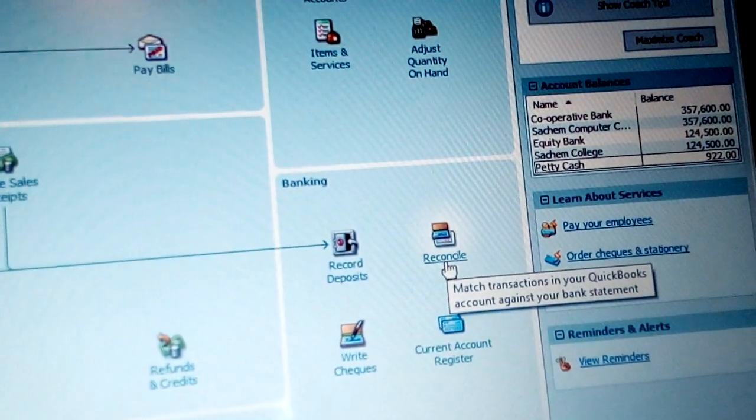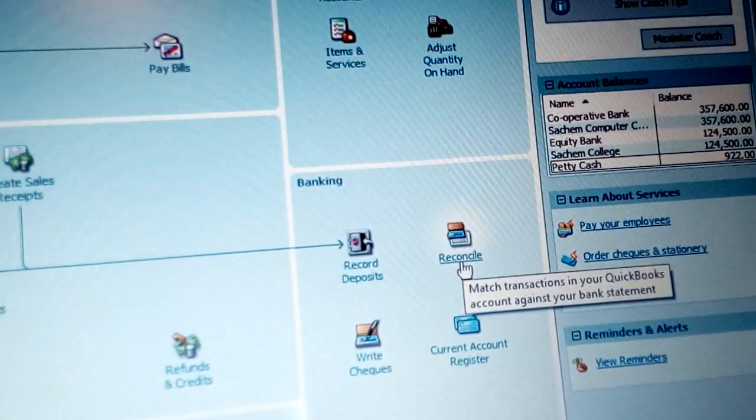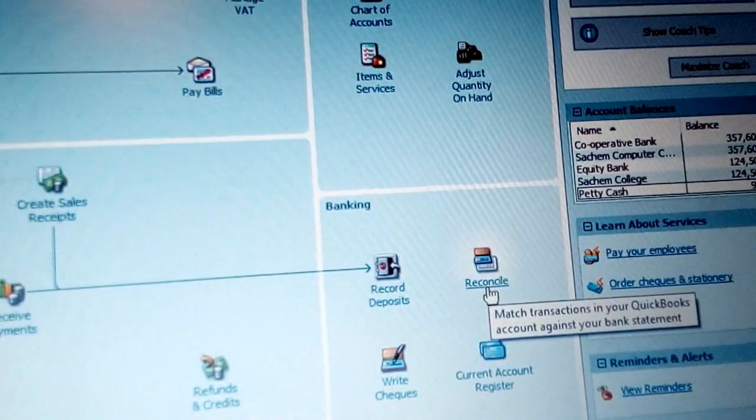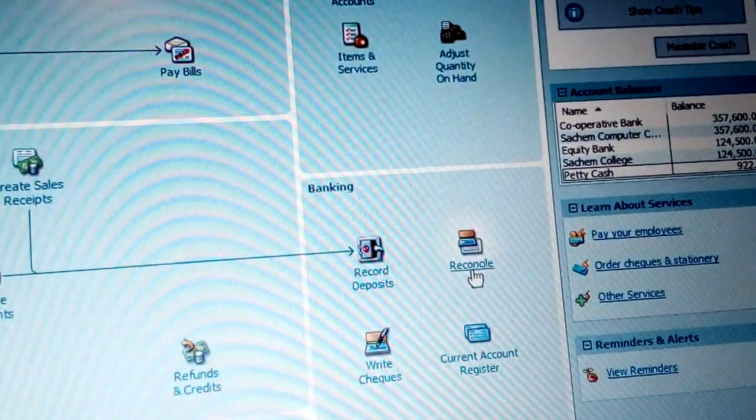That's why you require a reconciliation, and that's why you need to go and see, because there is some interest in the bank and they have something called bank service charges required to